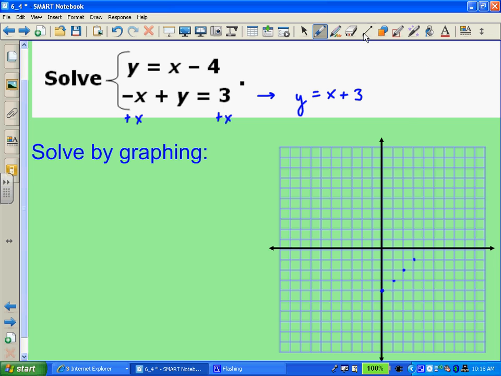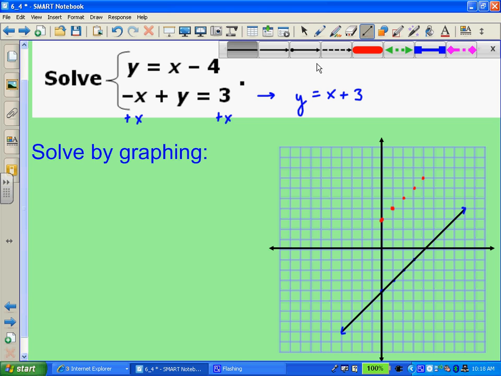And again, remember, when we solve by graphing, we have to make sure that we have really straight lines, so that we can tell where our lines intersect. Okay, so there's my first line. Now my second line is going to start at 3. And it also has a slope of 1. So, if I draw that line,